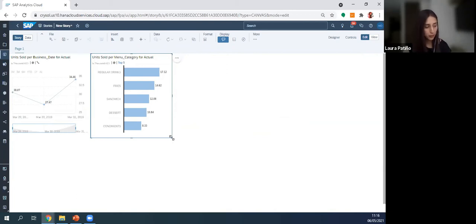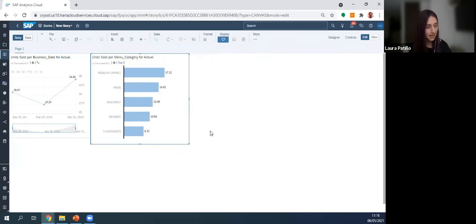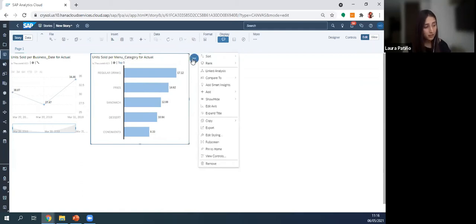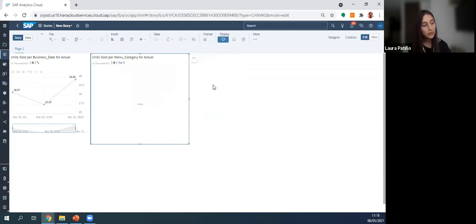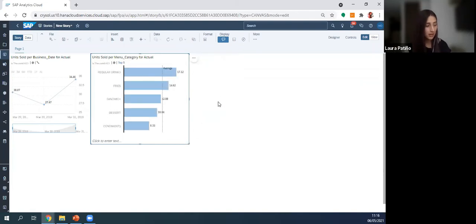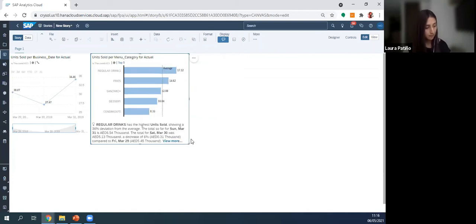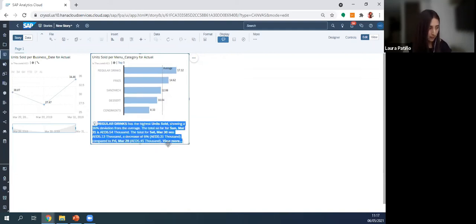As I told you, it is supposed to be self-service, so you can change the colors, add reference lines, you can resize it, and those kind of stuff. Now, the other functionality I want to show you is the Smart Insights. So it will dig deeper into my data, and it will be showing me a legend here. So it is bringing me information I didn't know were there. So if I click here and view more,